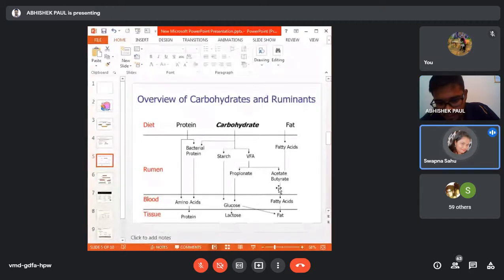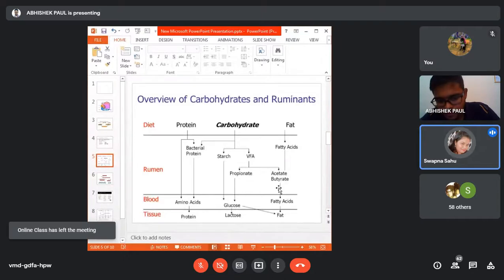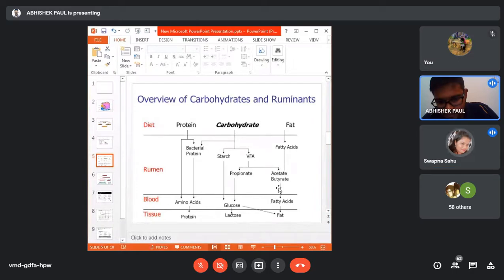Sir, from the digestion of carbohydrate. First, carbohydrate converts into starch and volatile fatty acid. Then starch is converted into glucose. Then